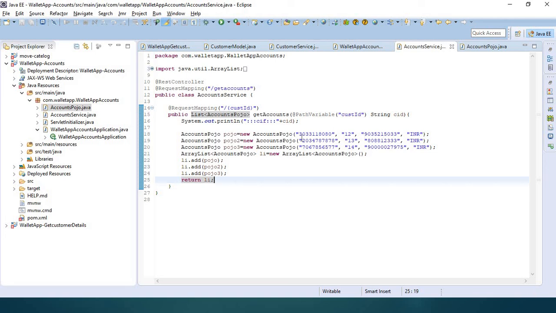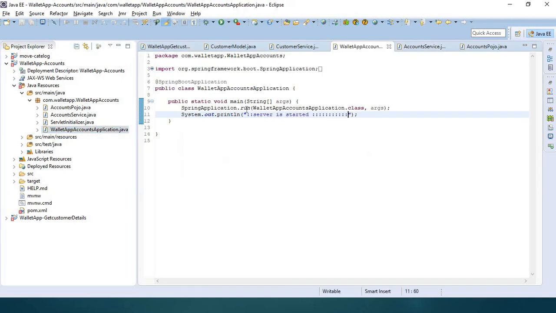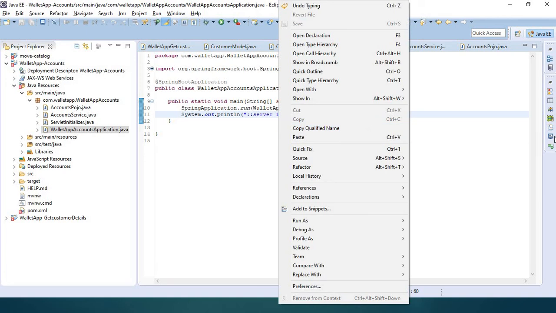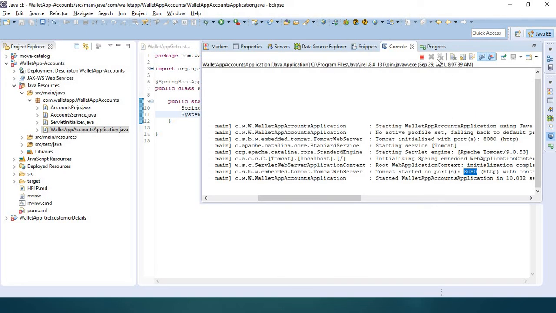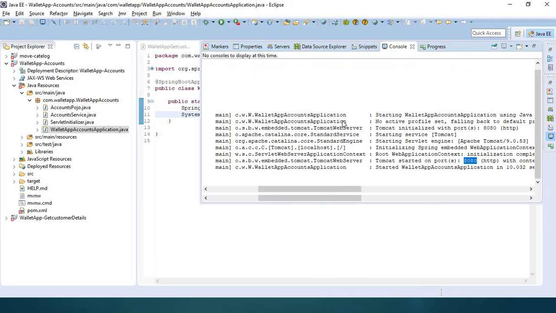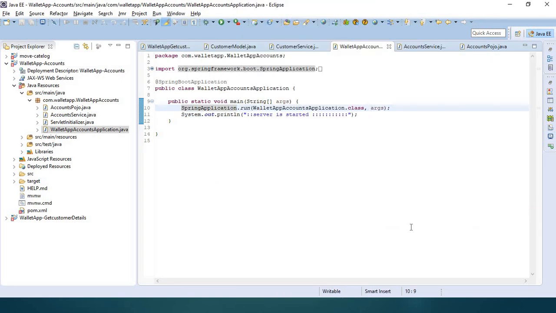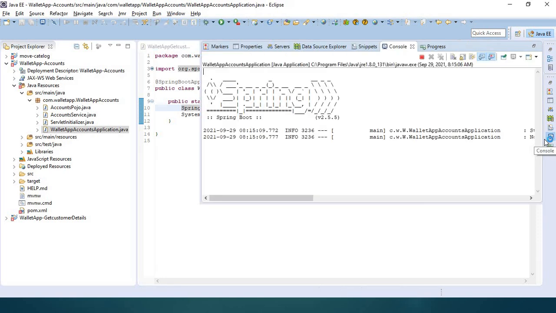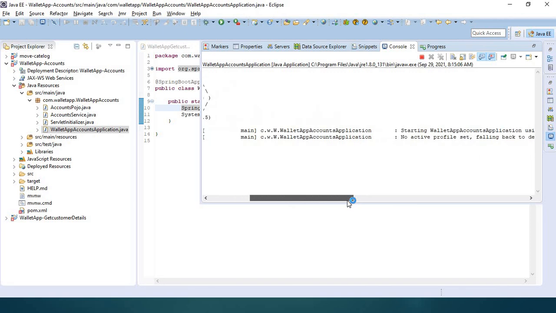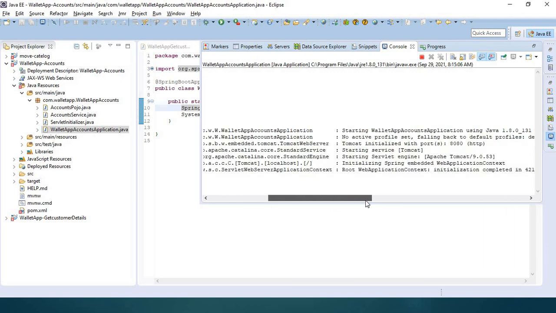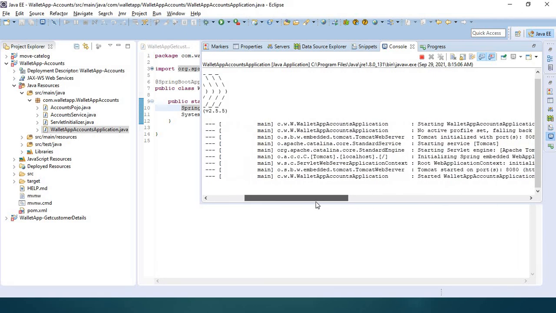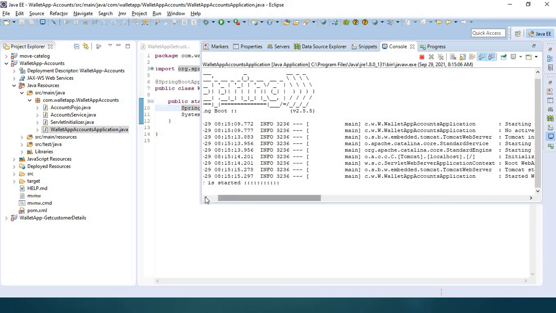Let's see how we can access this from the browser. The server is already running. If you see here, the server is started.